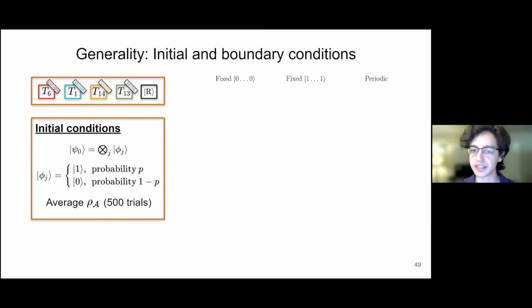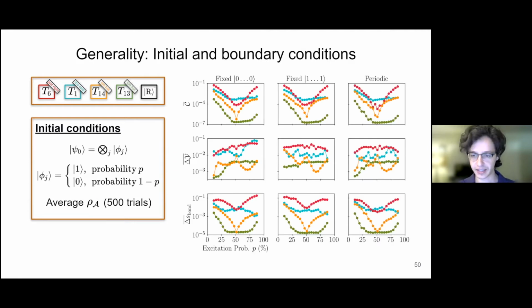And from those average density matrices from the ensemble, we can compute all of the measures we've been interested in for complexity signatures. And so the results look like this. Again, for any of these columns, there are different boundary conditions. We see that the shape of the curve is largely the same for all of these boundary conditions. And along the horizontal axis for initial conditions, we see that, again, the Goldilocks rule maintains the highest signatures of complexity, except perhaps near the 50% probability. That's the highest classical entropy of the initial condition. It shows a sort of trade-off between the Goldilocks rule 6 and the near Goldilocks rule T1 for, say, clustering.